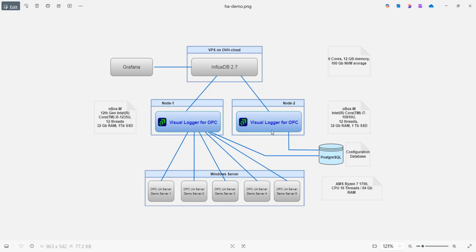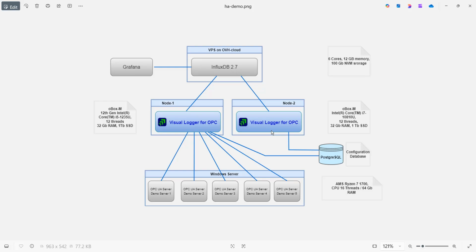And if the active node becomes, for some reason, not operational, intentionally scheduled or accidentally, unexpectedly, then the standby node would take over and continue the data flow. That's the idea. In version 4.2.2 of the Visual Logger for OPC, we did implement this feature, and now